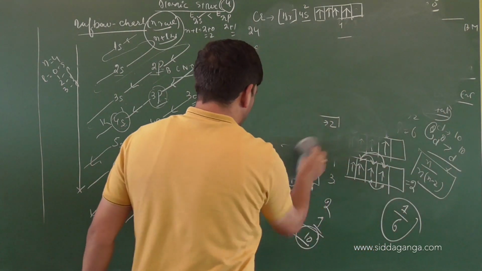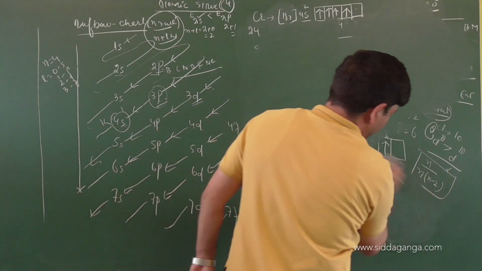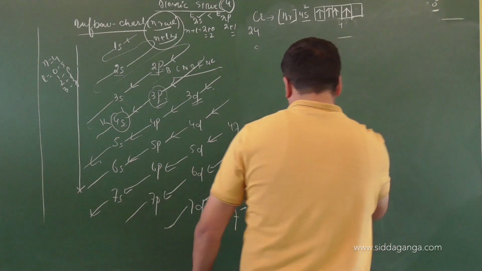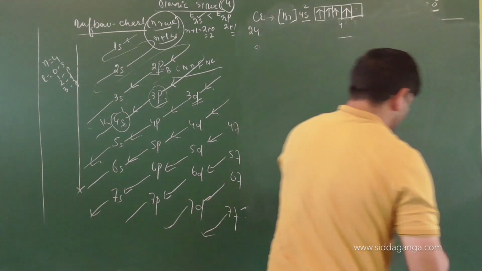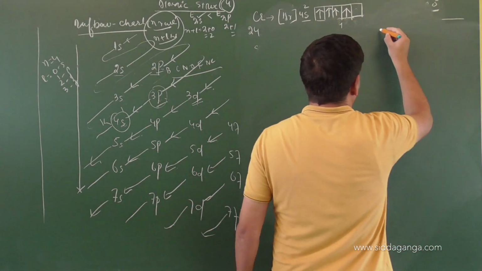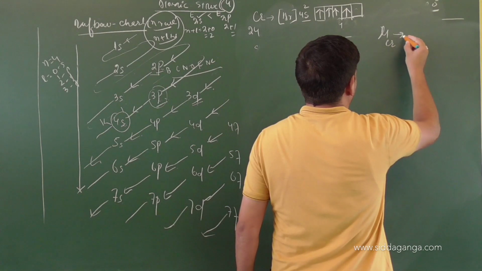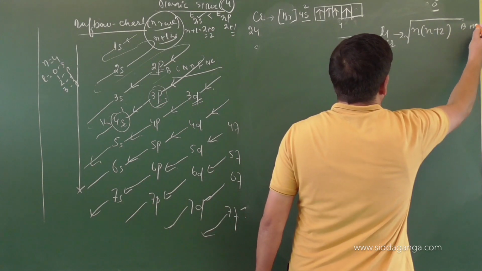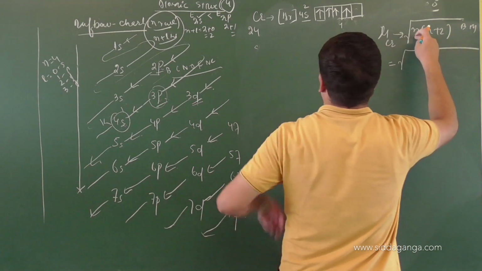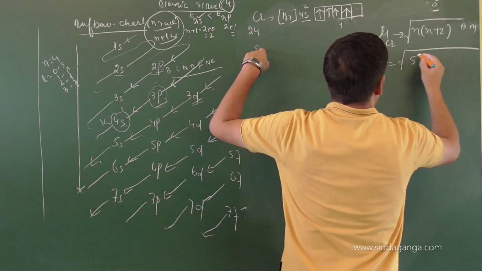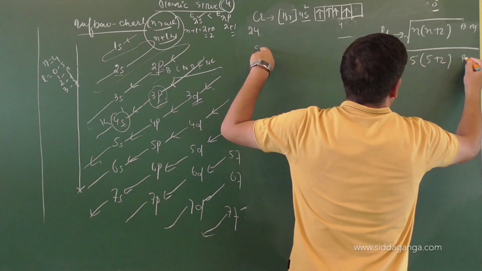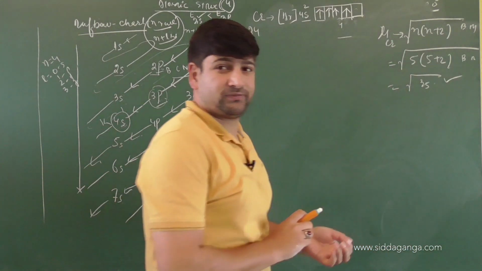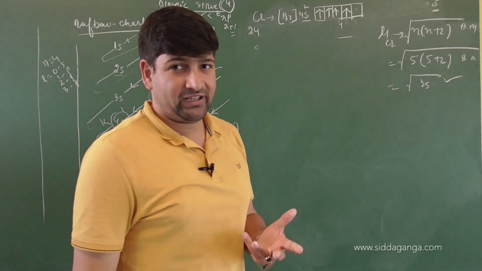So how to calculate the magnetic moment? How many unpaired electrons you have there now? 5. So what is the magnetic moment you are calculating actually now? Earlier it was coming root 24, but how many unpaired electrons are there? 5. So what will be the magnetic moment of chromium? It is equal to root of n into n plus 2 Bohr magnetons. So that will be root of, what is the number of unpaired electrons you got a while earlier, 5 into 5 plus 2 Bohr magnetons, that is technically root 35 Bohr magnetons. Am I clear here? Yes.